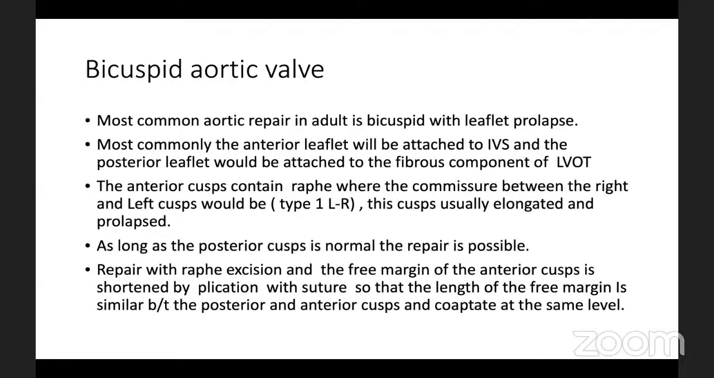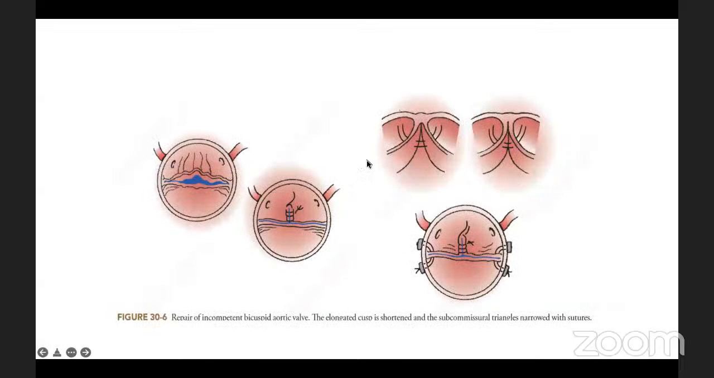As long as the posterior cusp is normal, the repair is possible. The repair of the bicuspid aortic valve is by excising the raphe, and the free margin of the anterior cusp is shortened by plication of the suture, so that the length of the free margin is similar between the posterior and the anterior cusp and they coaptate at the same level, as shown here. So excision of the raphe and then plication. And then you can do